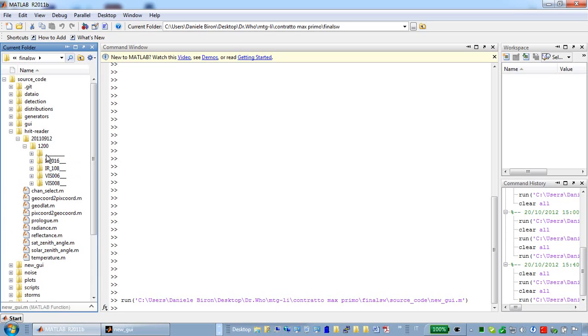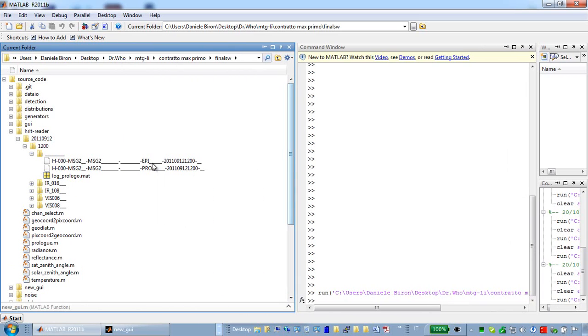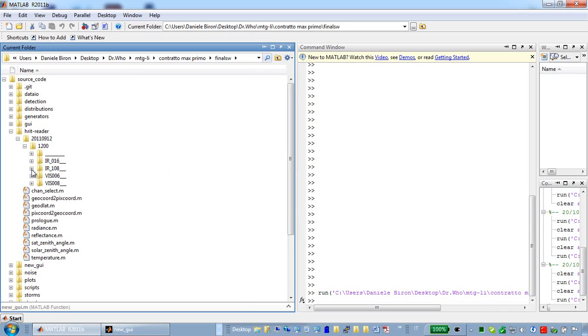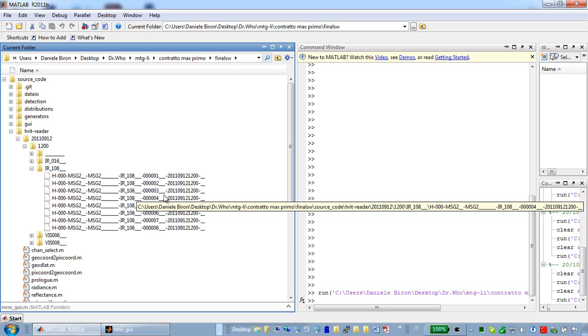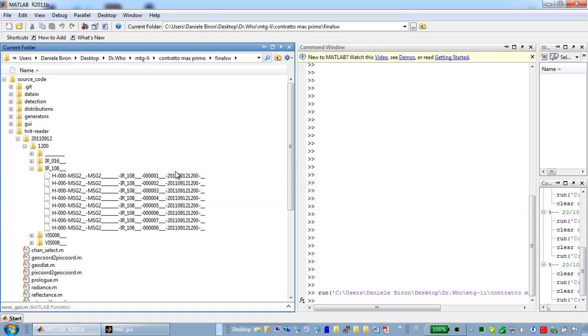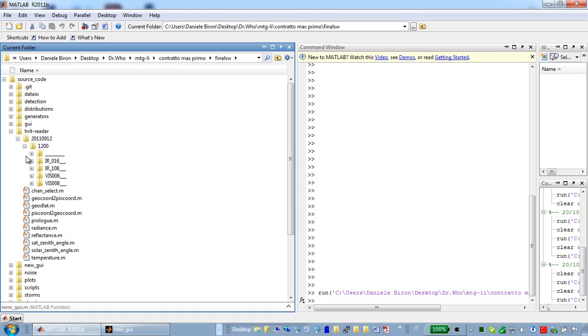Within the slot are a couple of folders: one with all underscore in the name, with the epilogue and prologue of the image as they come from EUMETSAT, and the other is the infrared 10.8 channel image